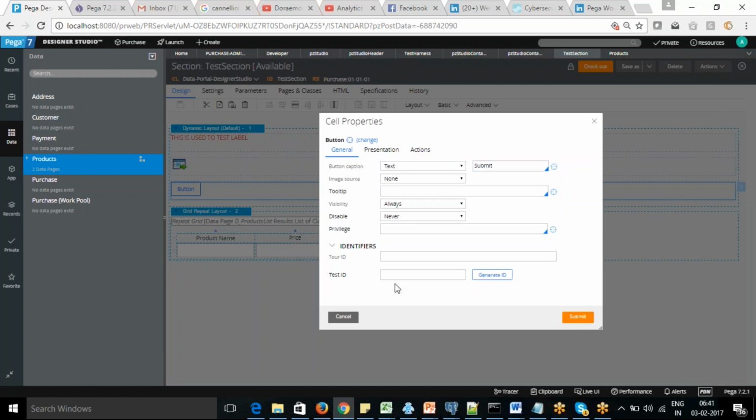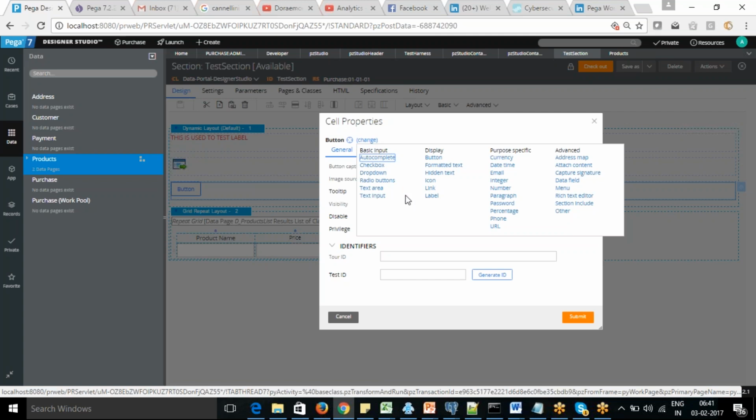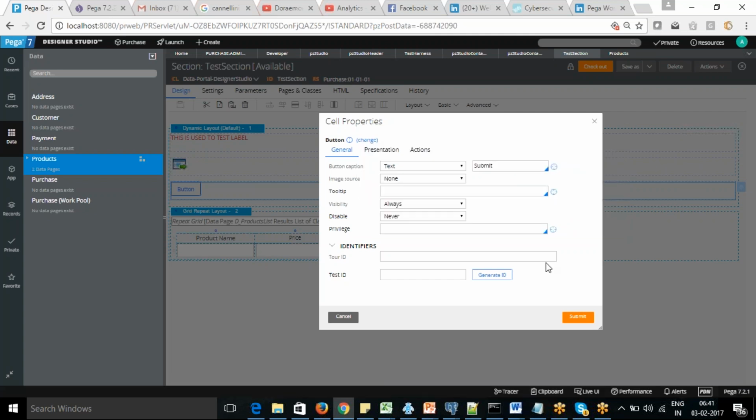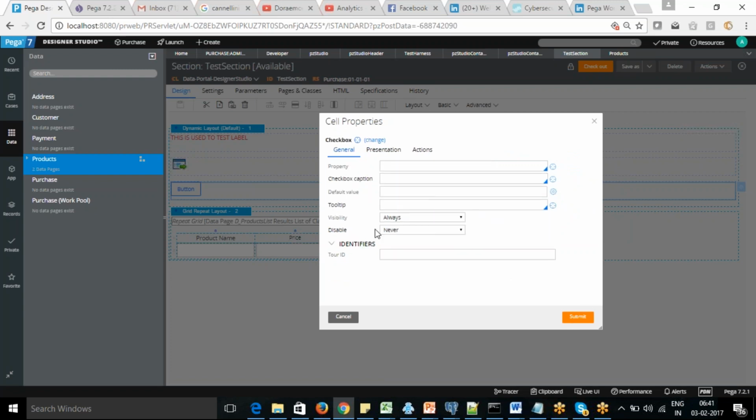So these are called a different type of button. You can also change the look and feel from here as well. So if you want to change that, it is a checkbox. So that will be changed now. Based on the control, it will change the drop down options and the look and feel option. So what is the checkbox option caption you want to give?